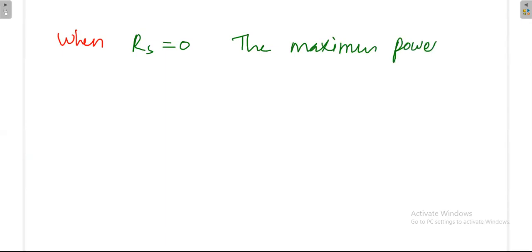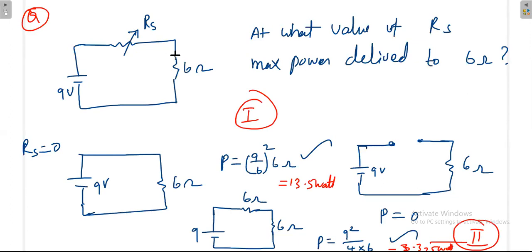So here you have to apply your common sense, not the maximum power transfer theorem. Please do not apply the MPT here, because here it is not valid. It is valid only when you are interested in the element that is changed. See, if you want to find what is the maximum power transfer here, again